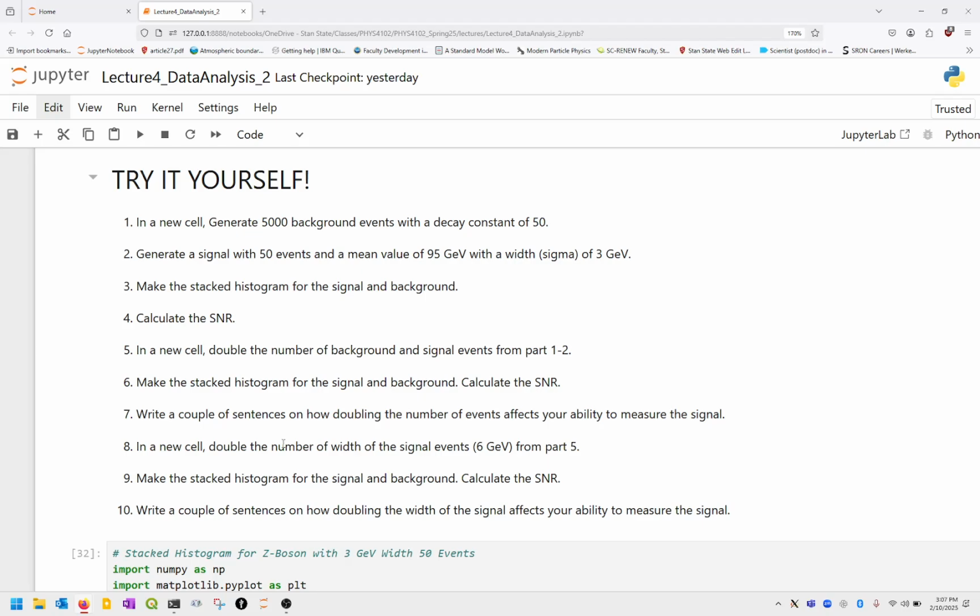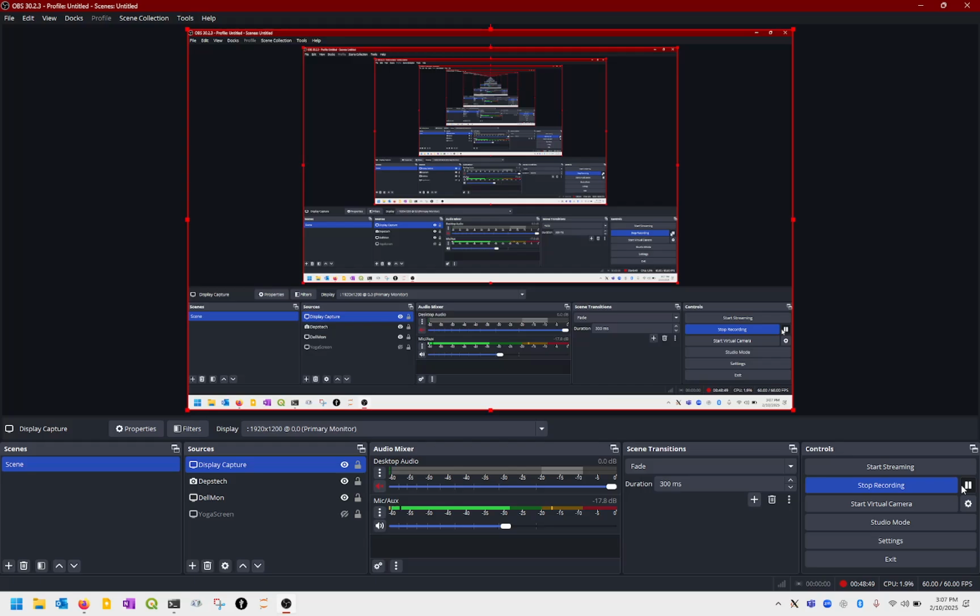And then there's another one. I just want you guys to play around with this. Instead of doubling the number of events, you double the width. So you basically take what's from part 5, and you double the sigma parameter from 3 to 6, and then just see how the signal to noise comes out. So with that, I'm gonna